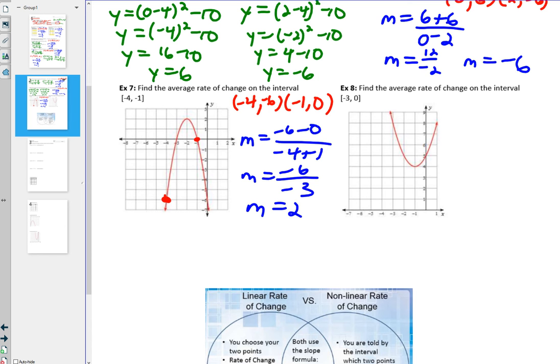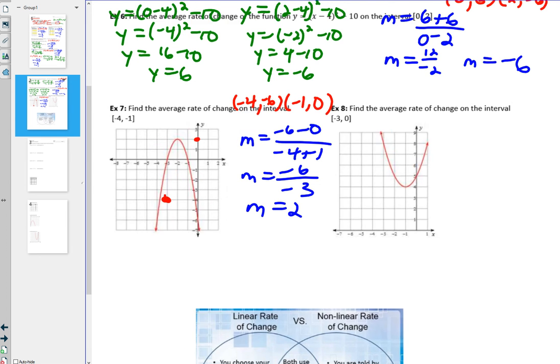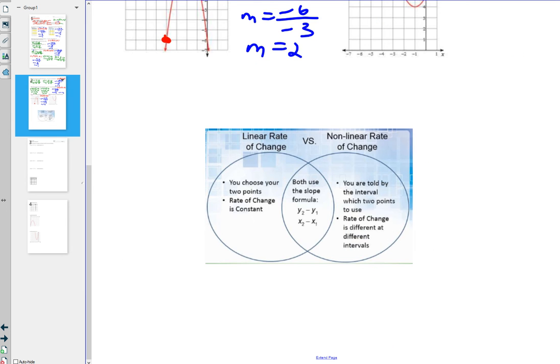Another thing that helps about graphs, if you remember about slope before, even though a parabola is not linear, when I have 2 points, I can connect them with a straight line. So if I look at the 2 points that I just found,